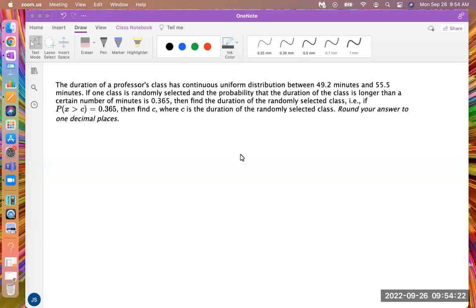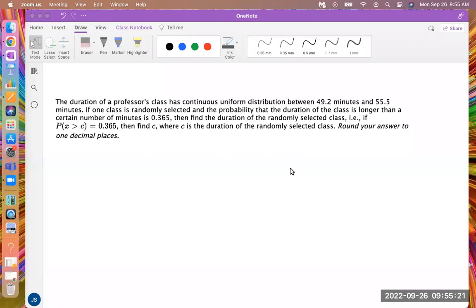All right, the duration of a professor's class is a continuous uniform distribution between 49.2 minutes and 55.5 minutes. If one class is randomly selected, and the probability that the duration of that class is longer than a certain